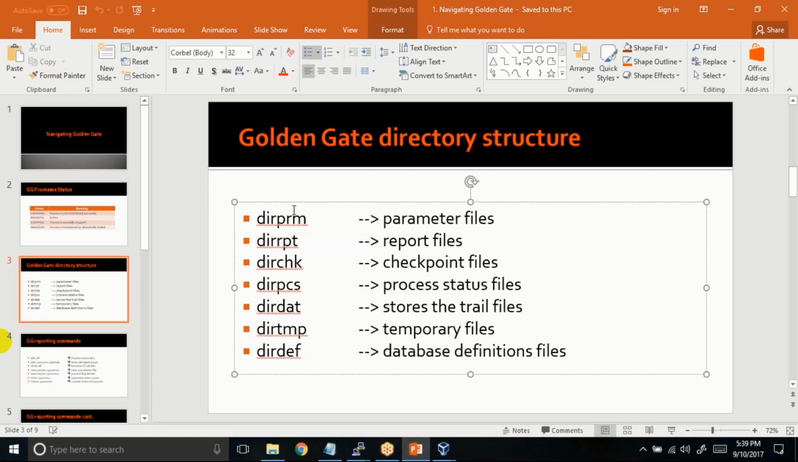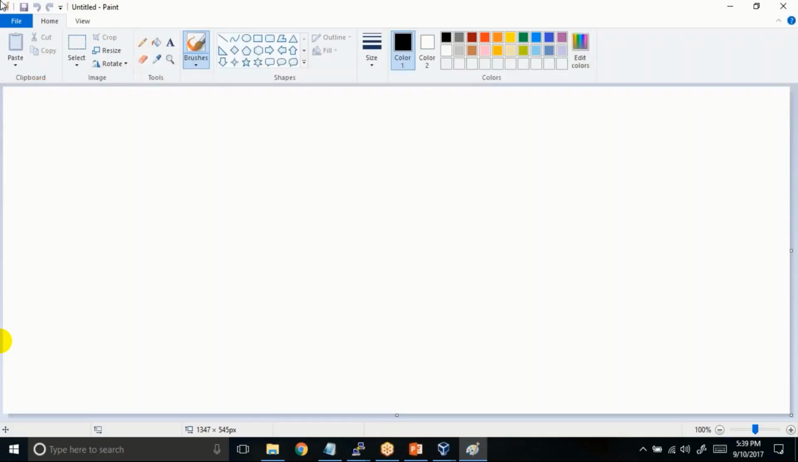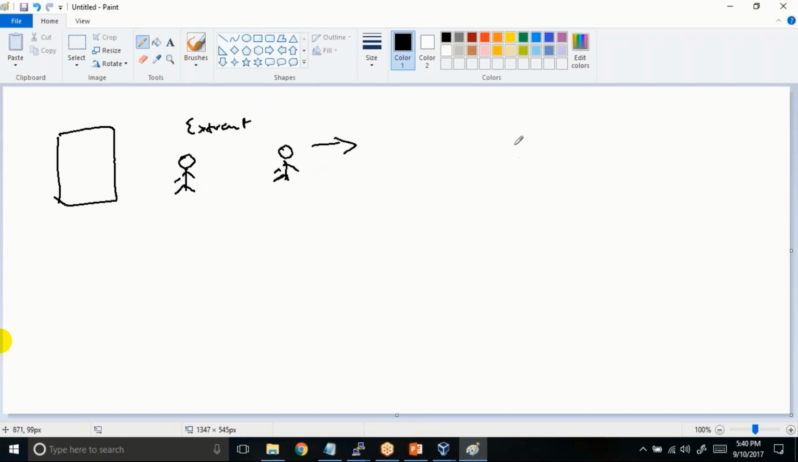Let me give you one more example just to clarify this, so it will be easy for you guys. Let us assume we are not dealing with Golden Gate, we are dealing with humans, and you have allocated people to perform the extract, pump, and replicate. We are taking a very insane example because this will never happen, but we are still trying to take it. This guy's job is to extract the data,